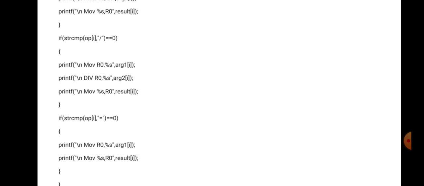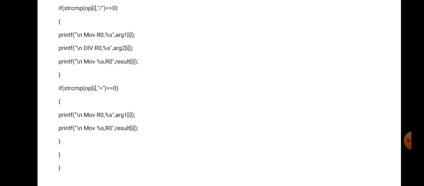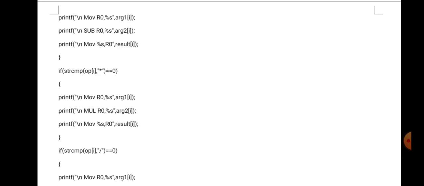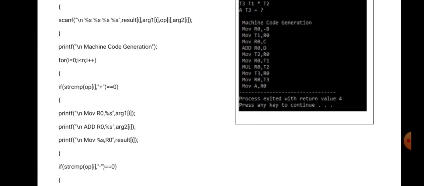And fourth comparison statement for division, move, division and move, 3 statements are there. Then finally we have comparison line for assignment operator, and this has 2 lines. So we have different comparison portions in a for loop.